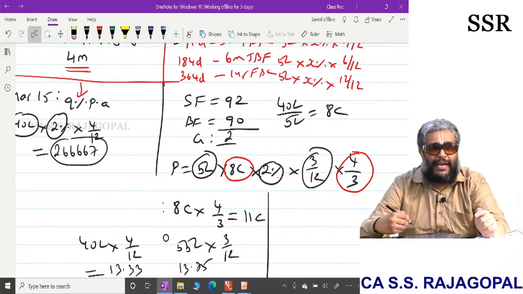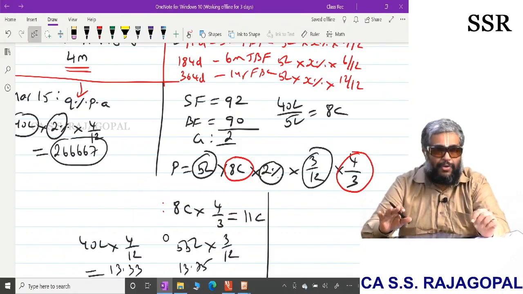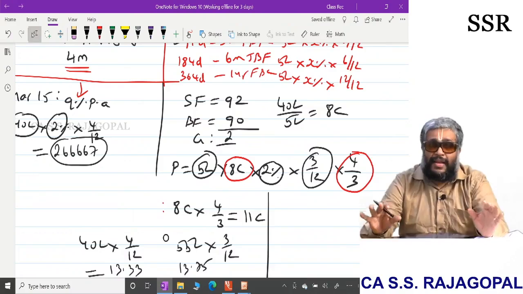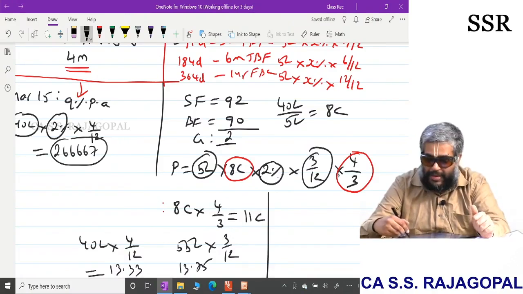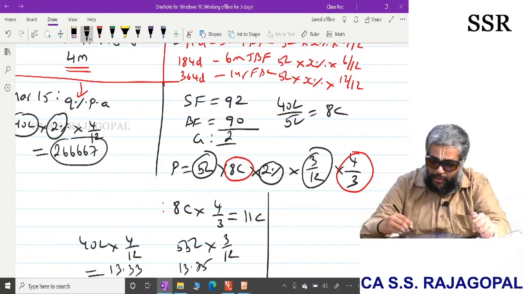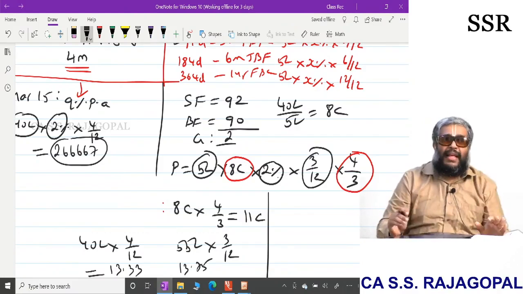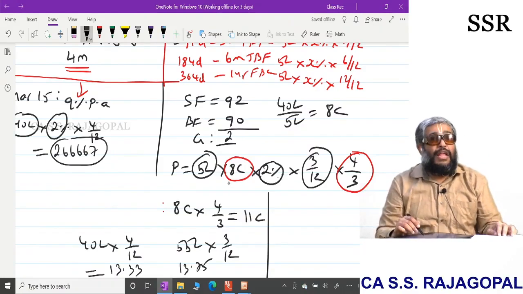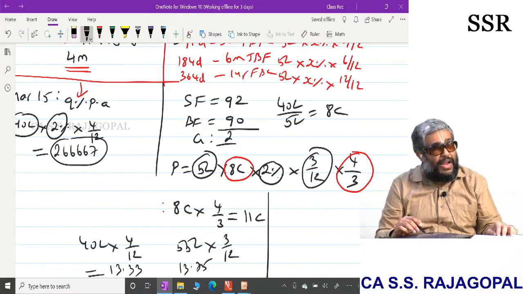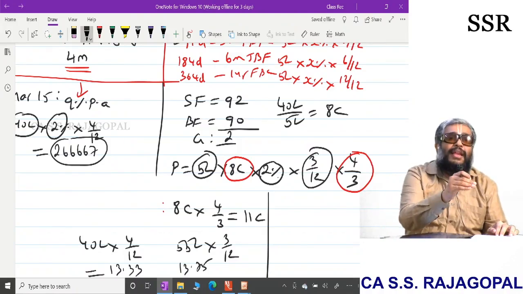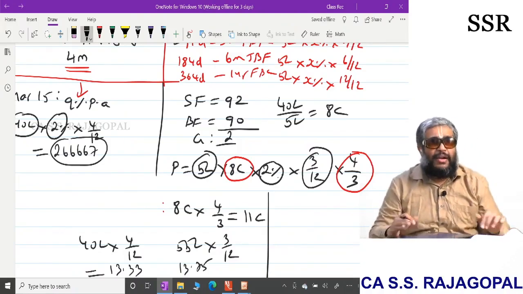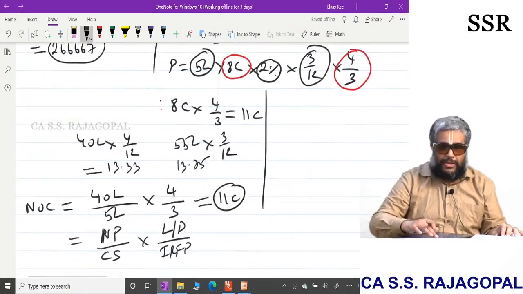So on 40 lakhs, 3 by 12 cannot tackle 40 lakhs 4 by 12. The 40 lakhs into 4 by 12 interest cannot be tackled by using 40 lakhs into 3 by 12. What I say is 3 by 12 into 4 by 3, if I multiply on the right hand side, this 3 and 3 get cancelled, and it becomes 4 by 12, or not? So the amount hedged is 5 lakhs into 8 contracts into 4 by 3, which will be something around 55 lakhs. The interest for 3 months on 55 lakhs principal will be equivalent to the interest for 4 months on 40 lakh principal. So the number of contracts is going to be increased for maturity mismatch.